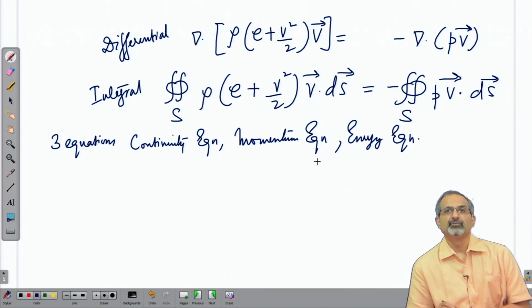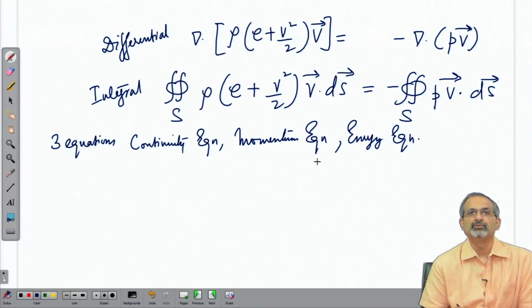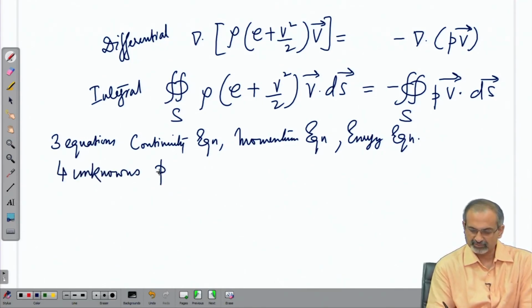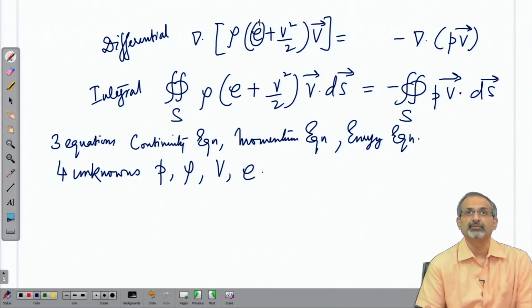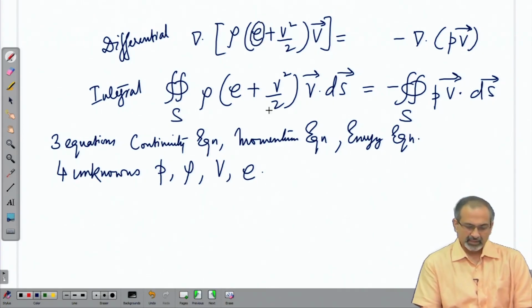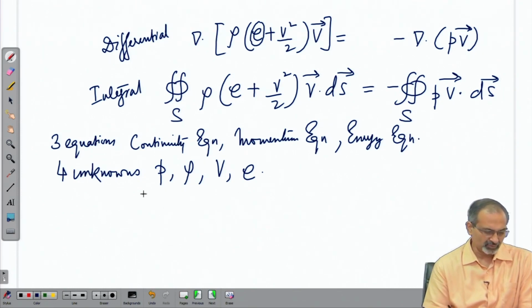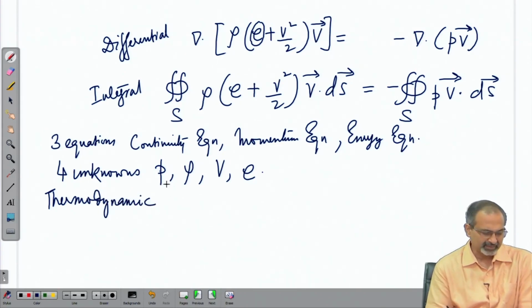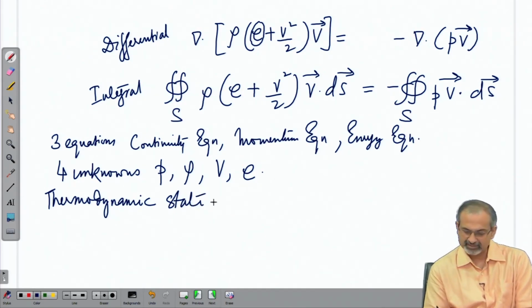And we hope that we will be able to handle compressible flows using these conservation equations. But incidentally, we now have 4 unknowns to solve in these equations. They are pressure, density, velocity and internal energy. That is a new variable which has come into the picture. That means we are falling short by one equation. So, in order to bridge the gap, we will bring in another equation which will help us to define internal energy. So, we bring in what is called the thermodynamic state relation